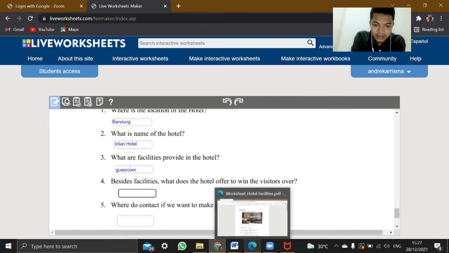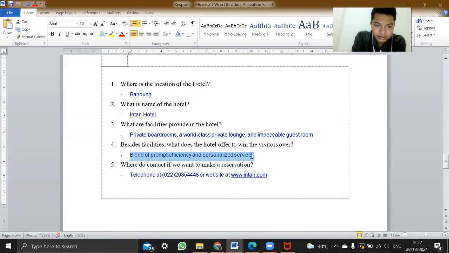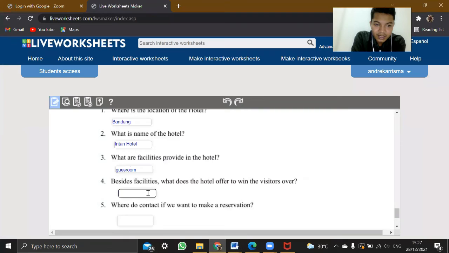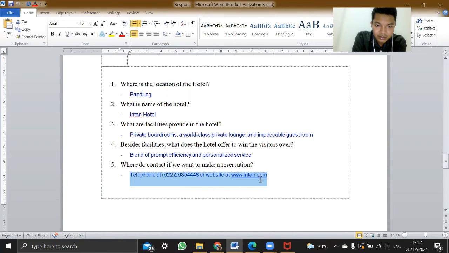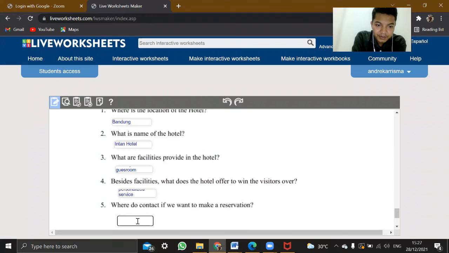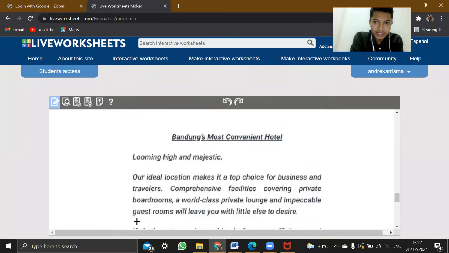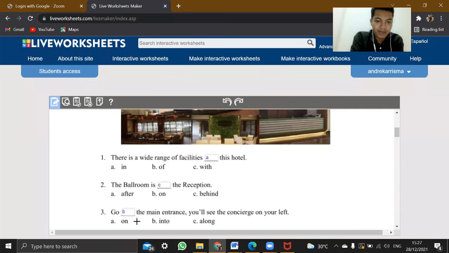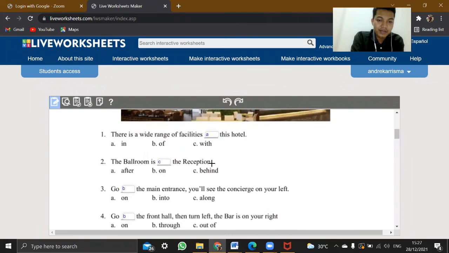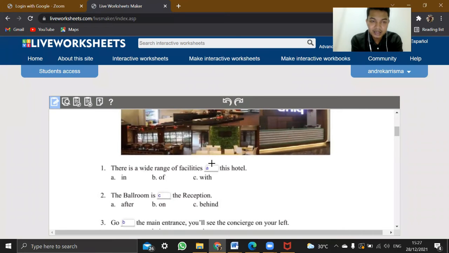Okay, then for the first one, copy and paste. And the last one, sorry. Okay, copy and paste. Okay, it's already enough, I think. Every question already has a text box and okay answers. So the next step that you should do is